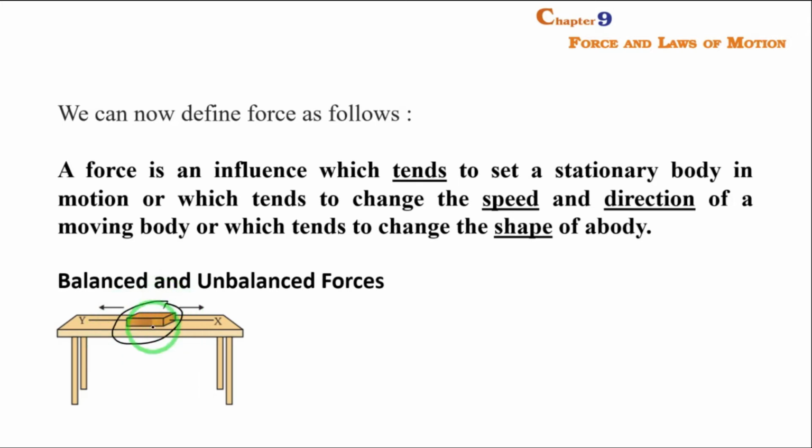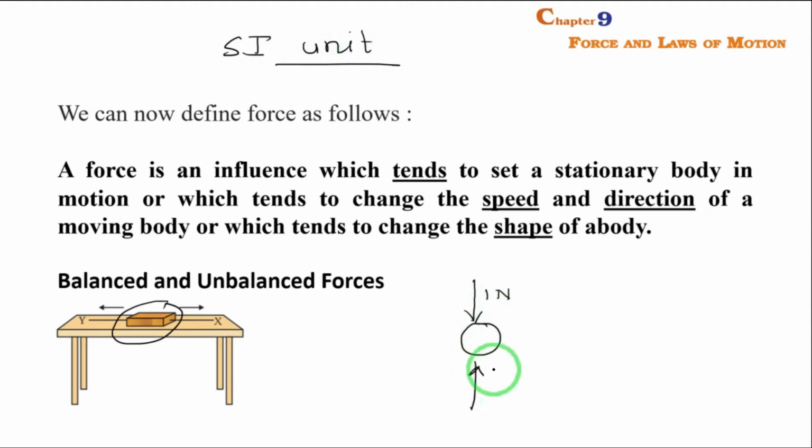If a body is at rest, you should consider that there are forces on that body which are called balanced forces. For example, an object is pushed down with a force of 1 Newton. And what is Newton? Newton is the SI unit of force, so please remember this. If it is forced down by 1 Newton, and again from below it is 1 Newton, and from the left and right it is again 1 Newton, then these forces are all balanced forces.